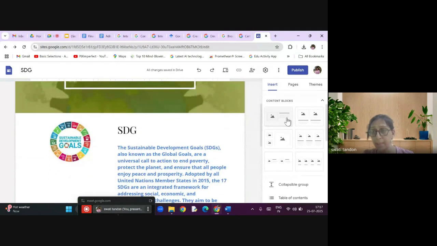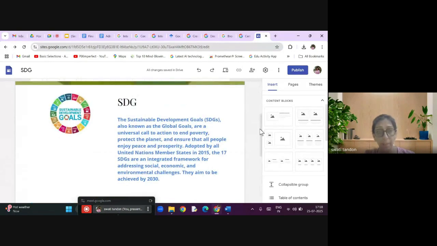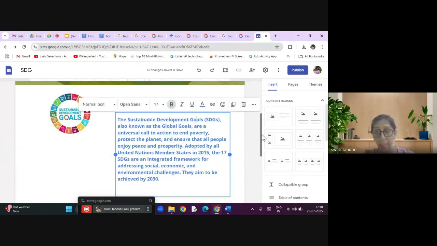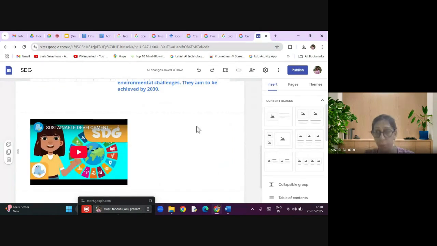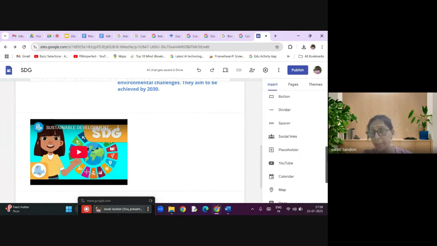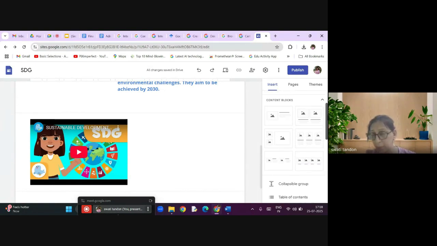I have selected one content block, and as per that, I've made the changes. I've added the picture, I've added the text, and I've added a YouTube over here. One more method, I inserted a link over here. One more way how to insert a YouTube link is, again, on the same page, on the same tab, you